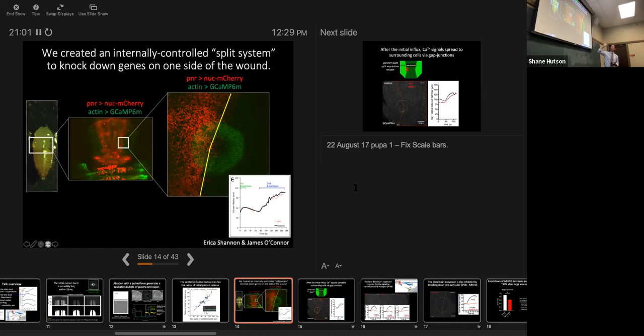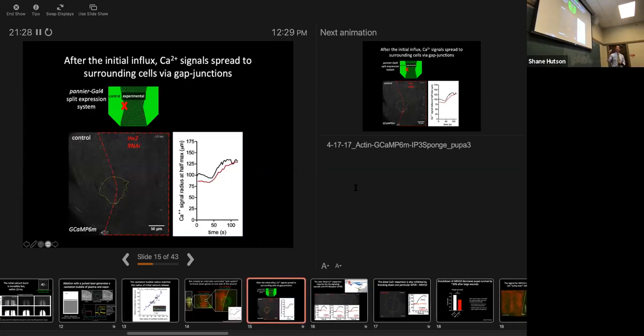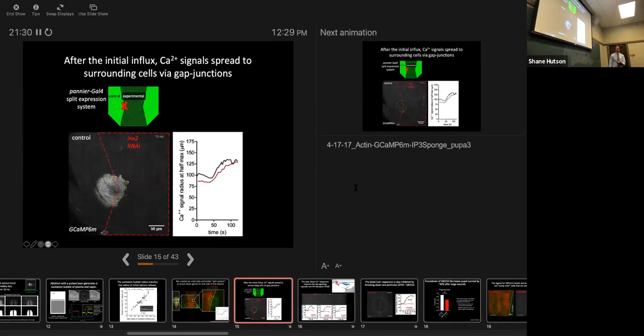Right? And we're going to make the wounds on the border between the pannier domain and the normal control domain that's adjacent to it. And then we can have this internal control and say, we make a wound, do we get symmetric responses on the two sides, or do we see something different on the pannier and the control side? Right? If we do this and we really just labeled it, didn't manipulate the genetics in any other way, we get the same response on both sides when we make a wound. On the other hand, if we do something, for example, as a start,